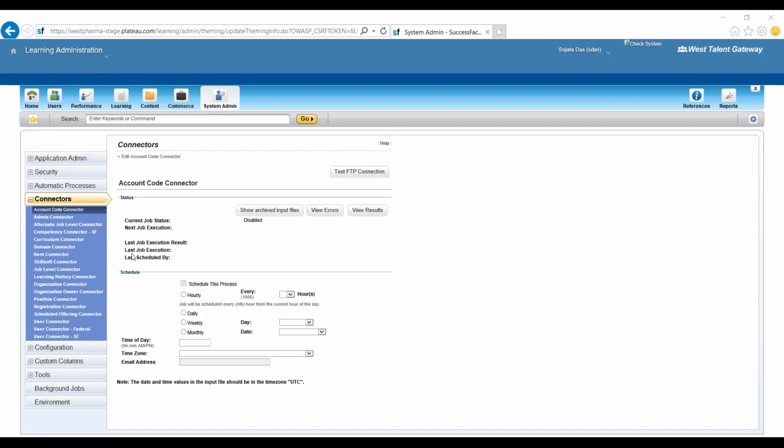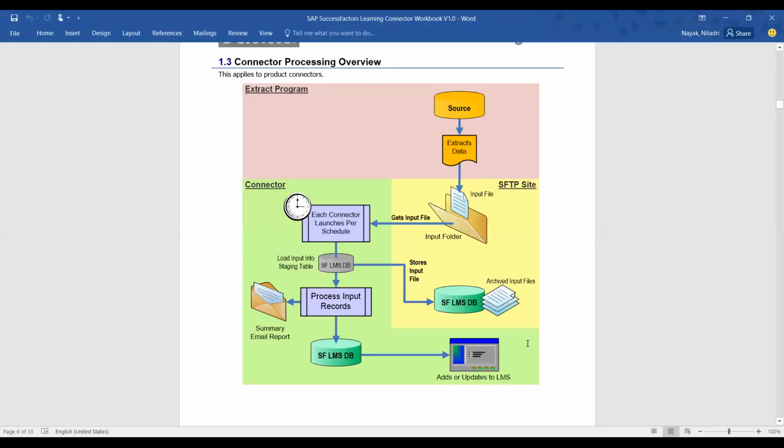Can you see that image? No, I think I have to reshare. Just a minute. Yeah, I'm able to see it now.